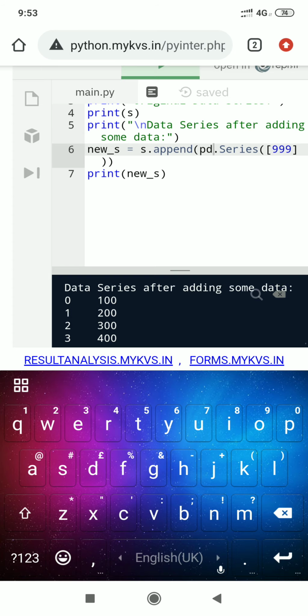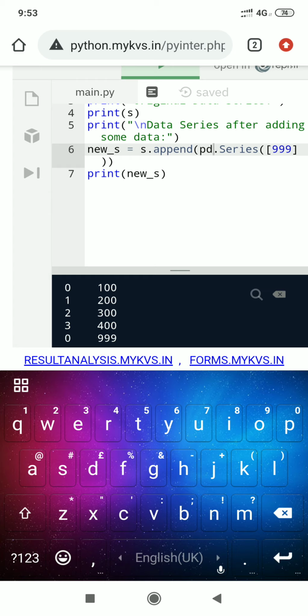You will find that the first column is displaying the index position of the value, whereas the second column displays the value of the series. So what's happening here? The index position of 100 is 0 as well as 999 is 0, because we are not passing any index position.